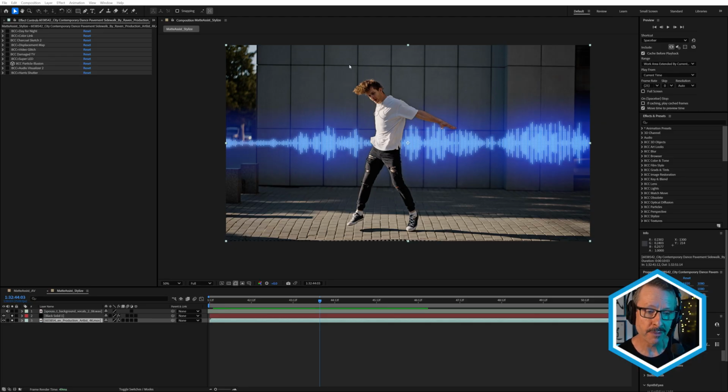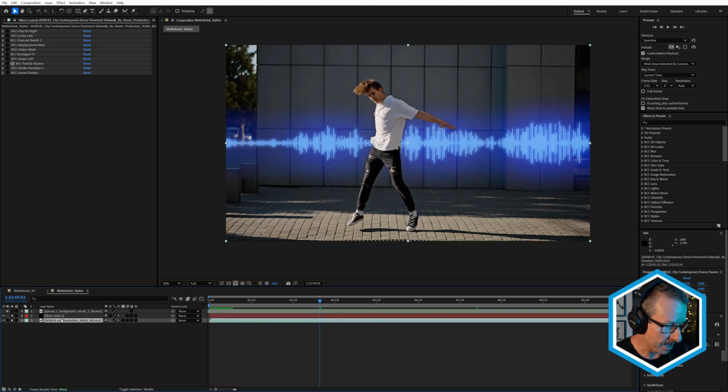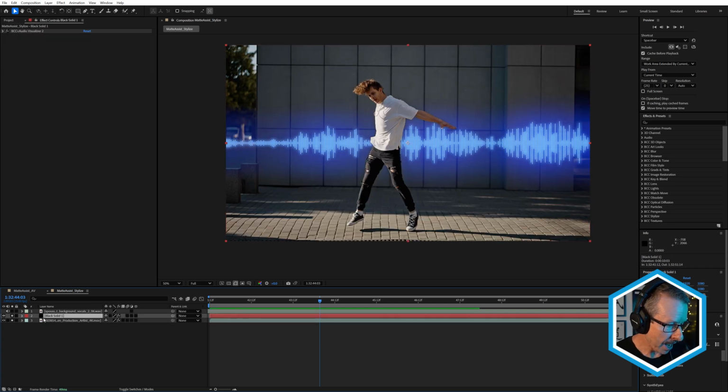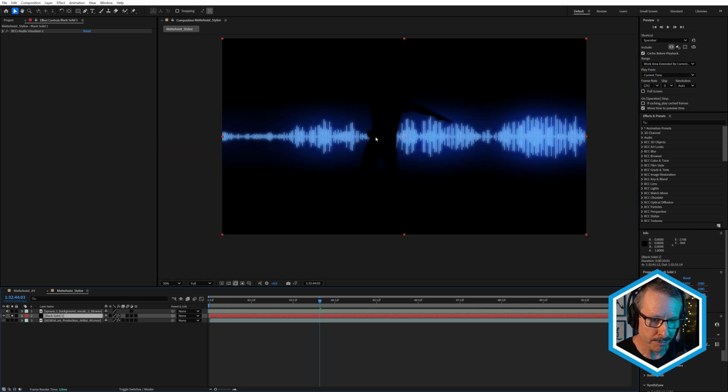Okay, and lastly, let's just go back to that first shot of the dancer, and I'll show you how I enhance that with a range of different Continuum effects. Now, I've used a lot of effects on this, and I'm going to go really fast just to give you a taste of it. But if you'd like me to break it down in any detail, please leave a comment. One thing I want to point out is that I actually moved the audio visualizer to a separate layer because I'm using that as a source with BCC plus color link to colorize the footage. But I have used, if you just notice, the Metassist matte that I saved before, just to make sure that that doesn't sit in front of the talent.